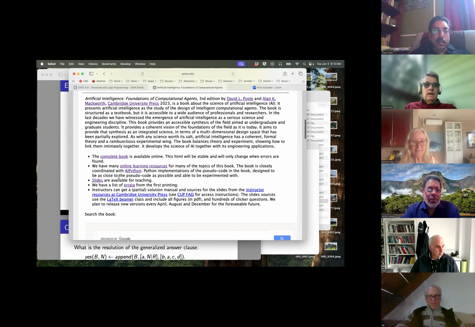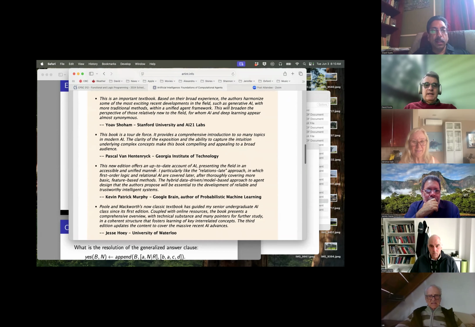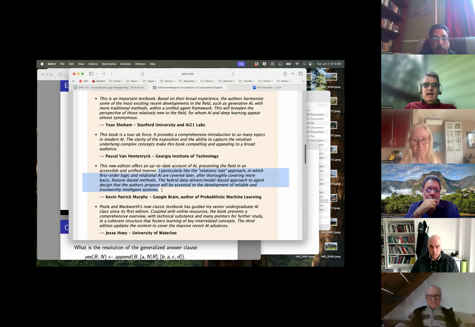Oh yeah. It's interesting, by the way, this one here, Kevin Murphy, who is at Google Brain, who wrote a very difficult to read but comprehensive book on probabilistic accounts, actually said he particularly likes the relations-late approach, in which first order logic and relational AI are covered later, after thoroughly covering more basic feature-based methods.